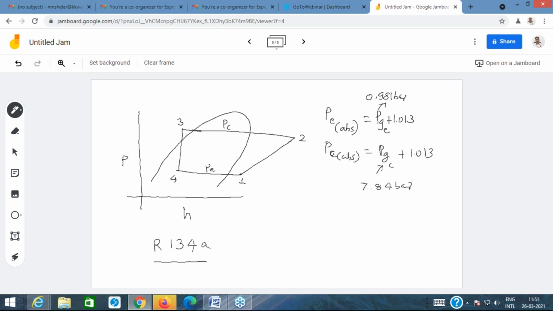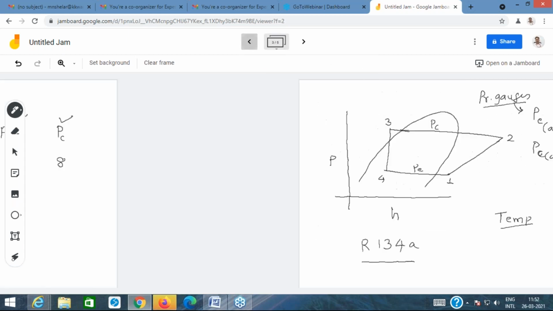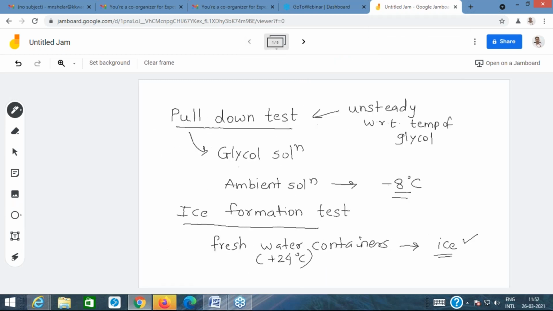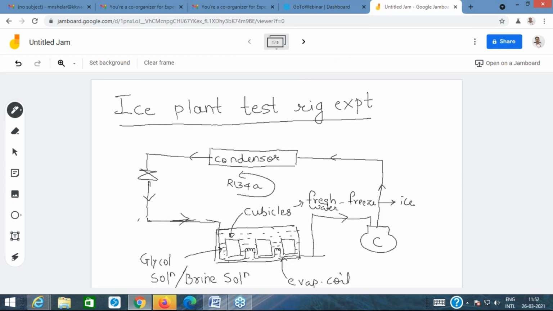Now in order to look at points 1, 2, 3 and 4, we need to have the temperature readings. The pressure readings would be in your observation table, and those observations can be obtained from the pressure gauges. And the temperature readings, you would need thermocouples on the setup. As I had shown you earlier, you would require some thermocouples here to note down the temperature.